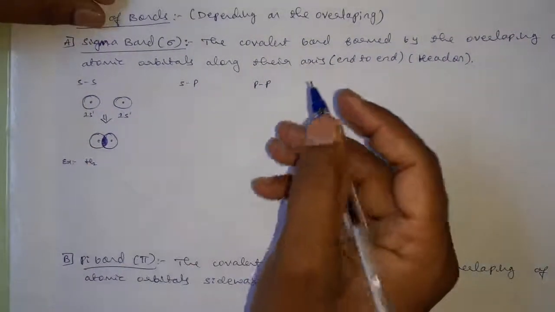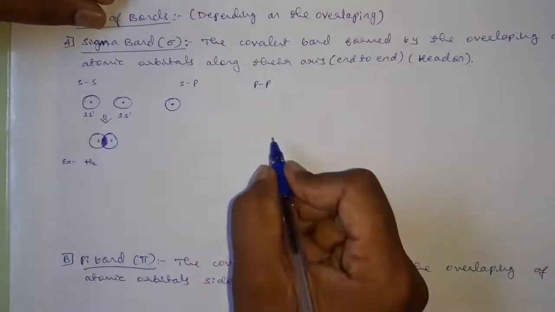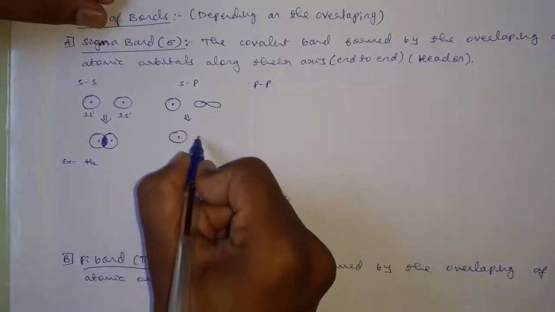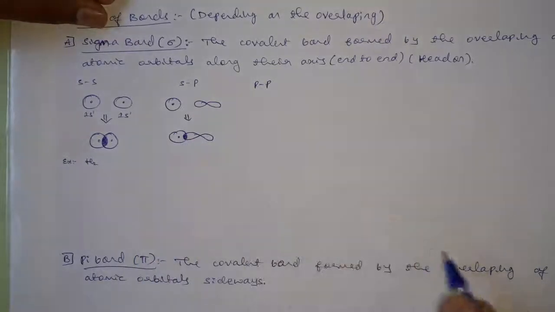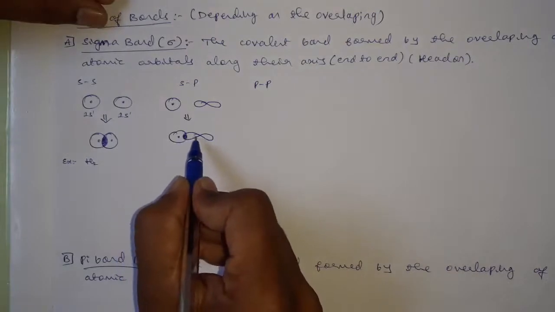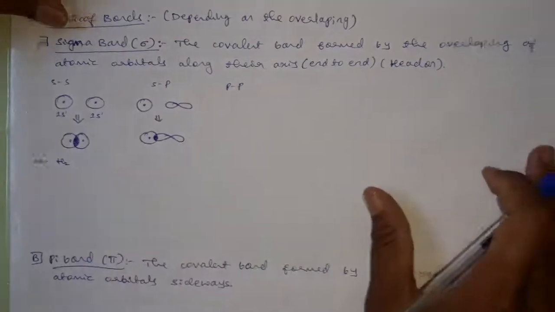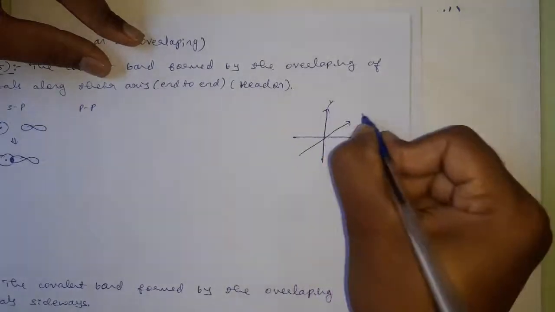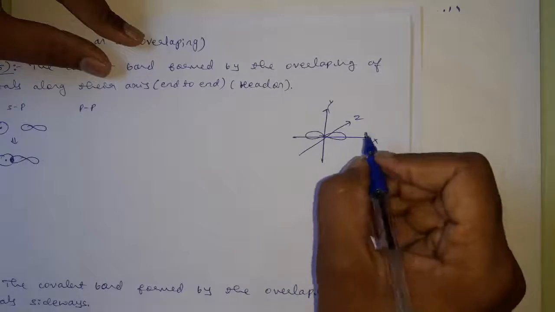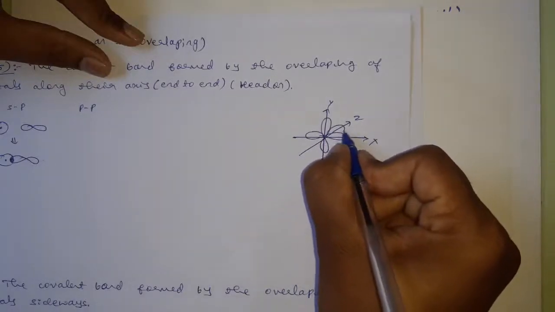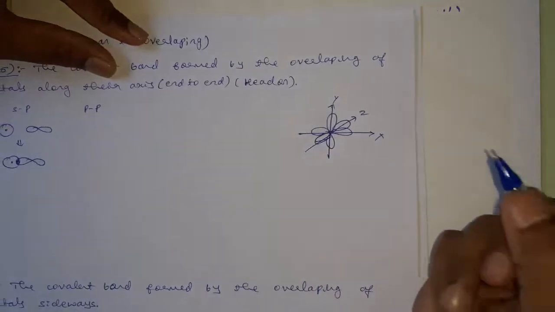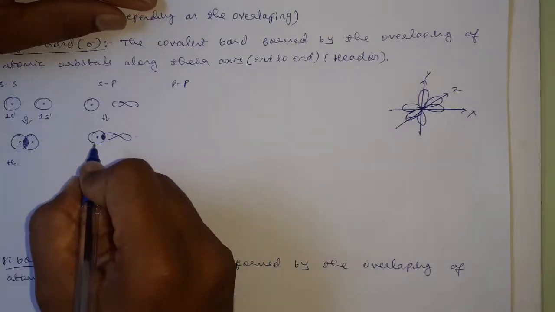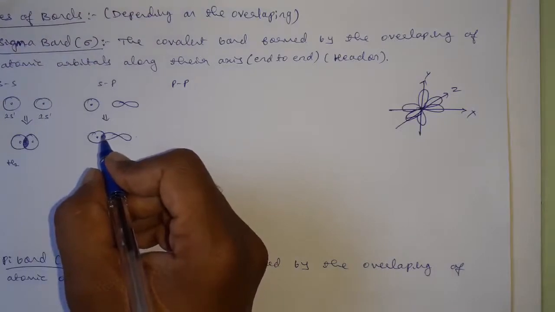Then sp sigma bond is the bond formed by the overlapping of one s orbital with one p orbital, which results in the formation of an sp sigma bond. Here this s orbital will overlap with the p orbital along the axis. The p orbitals are having the axes x, y, z, correct? This is p orbital along x axis, p orbital along y axis, p orbital along z axis. Okay. Then here the px orbital is overlapping with the s orbital, which results in the formation of an sp sigma bond. Then for this we can take an example of